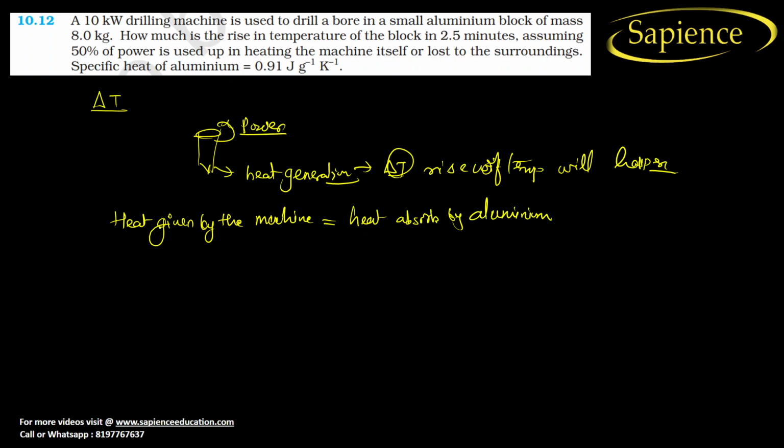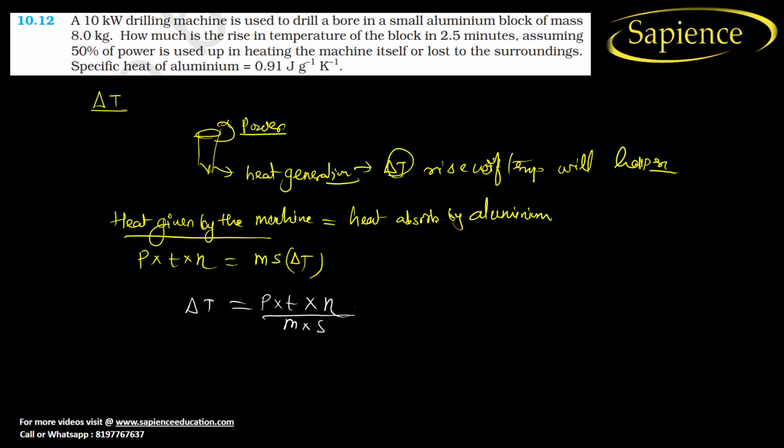So heat is equal to power into time into efficiency, and this will be equal to mass into specific heat of the aluminum into delta T. Now what do we want to find? We want to find delta T. So delta T will be equal to power into time into efficiency divided by